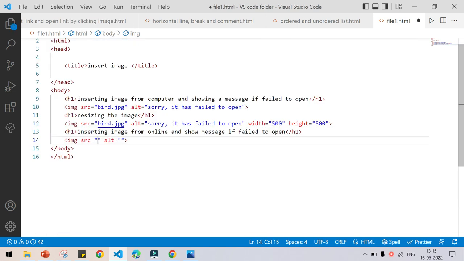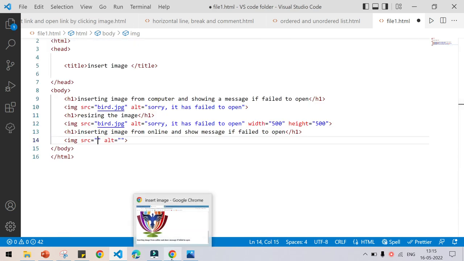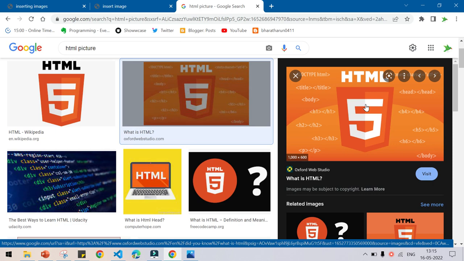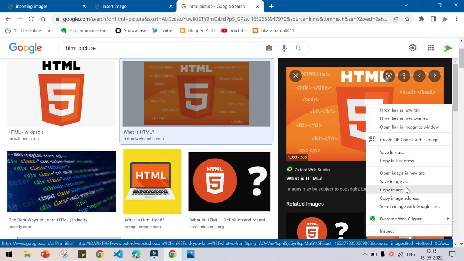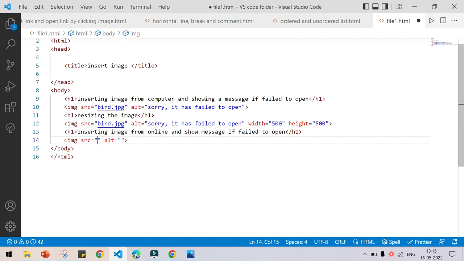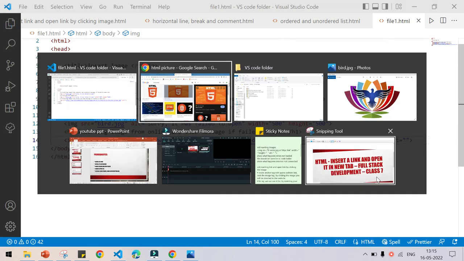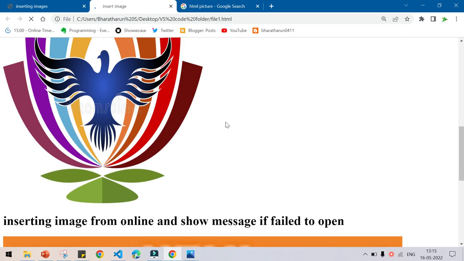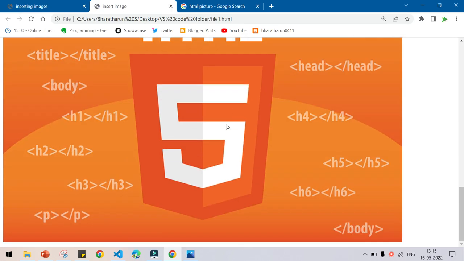Actually there was some problem in that image, so what we are going to do is try another image. Here there is an image, and what we are going to do is right click, copy image address, go back to the VS Code and paste this here. Now what I am going to do is press Ctrl S and go to the web page, press Ctrl R for reloading, and the image has come here. Okay,